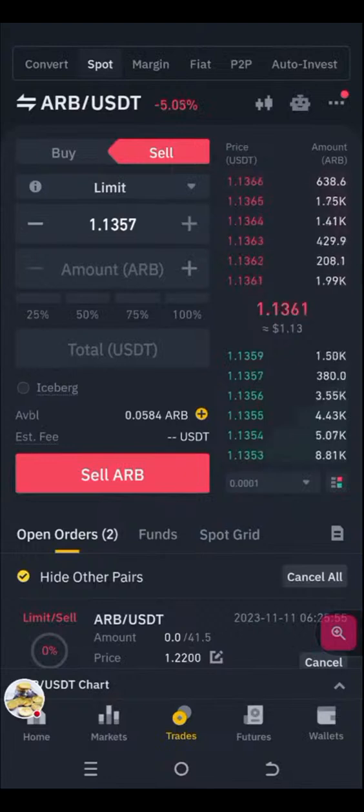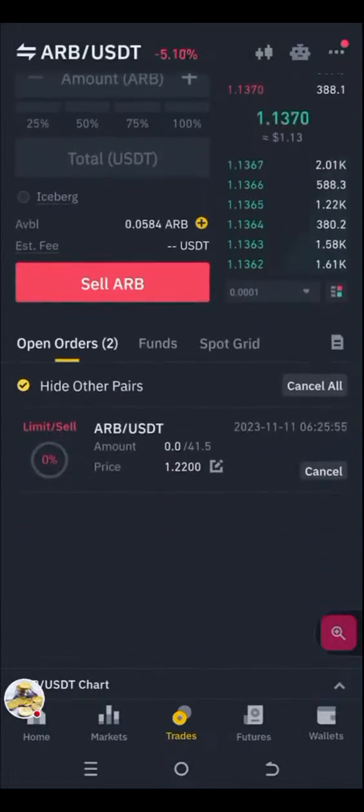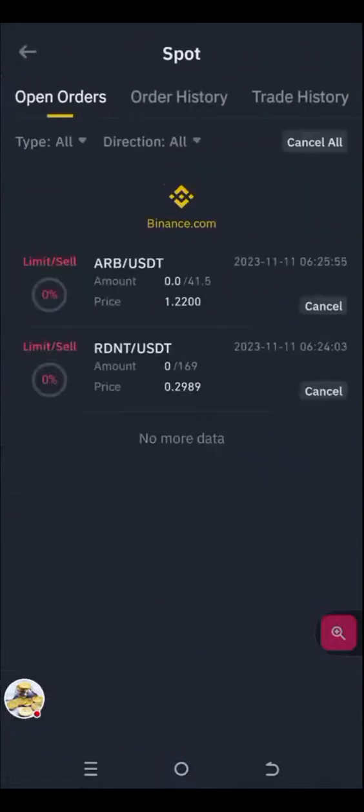Okay. Now you need to understand it. A limit order gives you an opportunity to set an amount that you want to get. So you set that amount, right? Like we have here, I've said I want to get ARB, I want to make maybe 1.5%, and I set it. So in a limit order, all I have to do is put in the amount I want to get, and if you can see it here, okay, no, let me show you in the